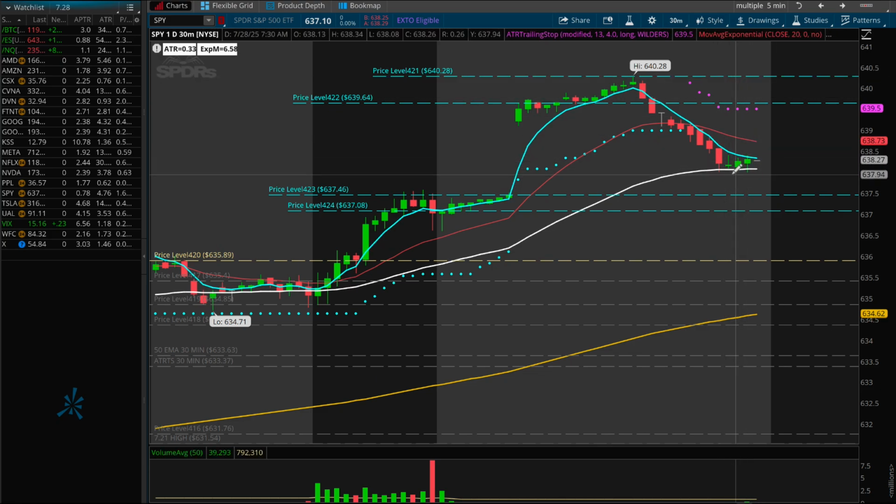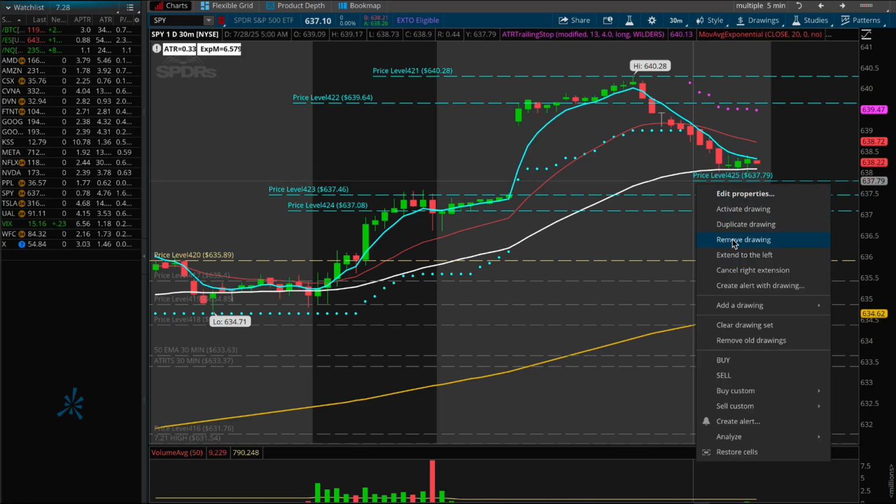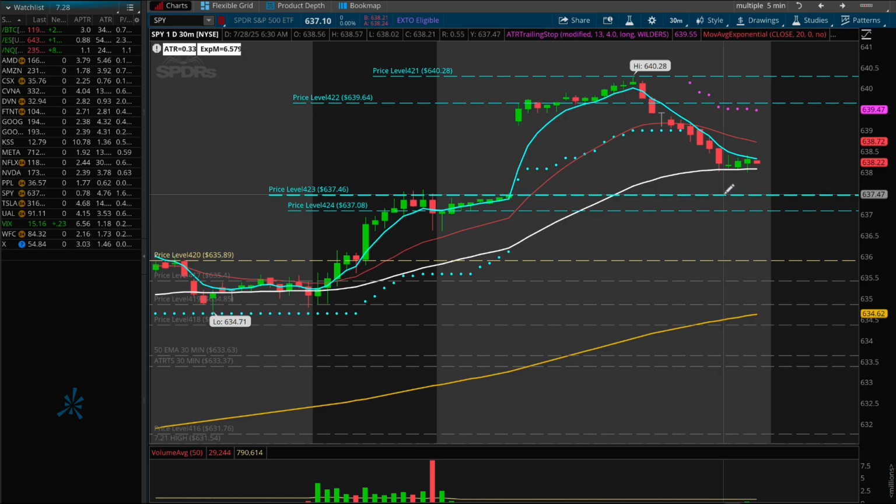Now, can we use this 50 EMA and find our support area and bounce back to the upside and make a new high? We very well can, right? But looking to the downside, let's see where our trouble places are. So back to the downside, if we break under the 50 EMA as of now, which is around the 638 area, we could very well come back to 637.46, again at 637.08, and breaking that level somewhere around